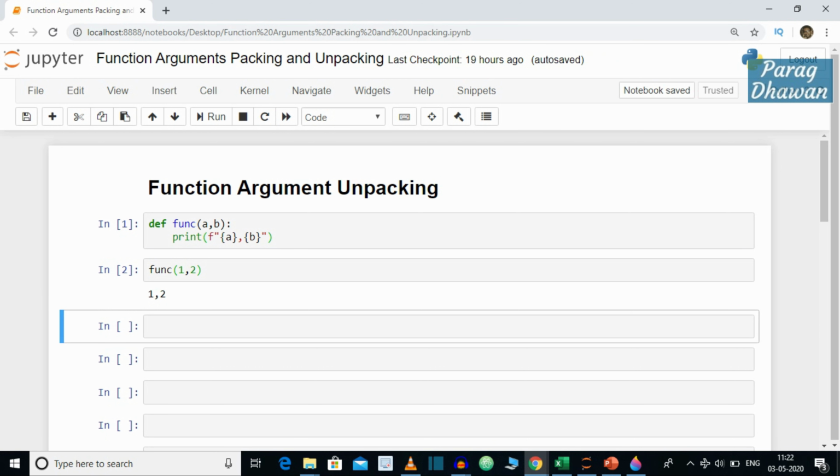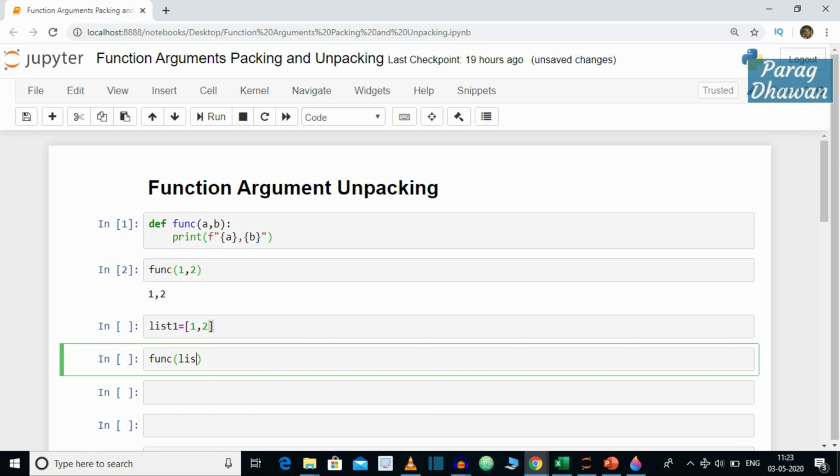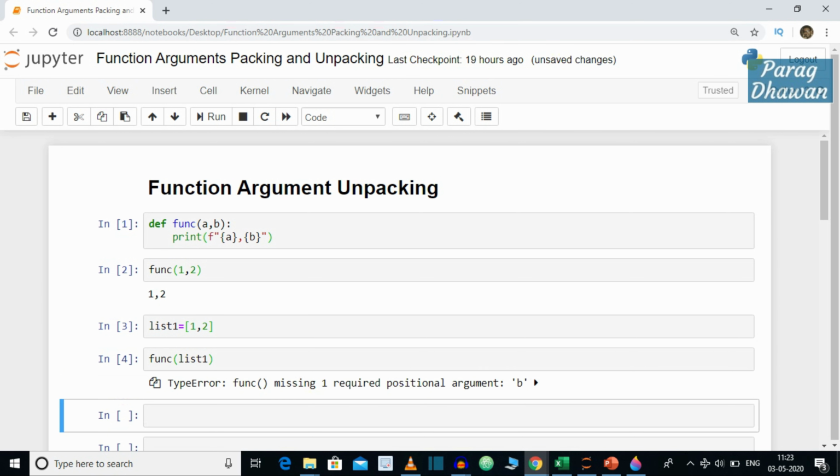If you pass a list which has two elements, 1, 2, the list is considered a single entity, and calling the function with it will give an error, because only one argument is passed, a list, and it is accepted in a.